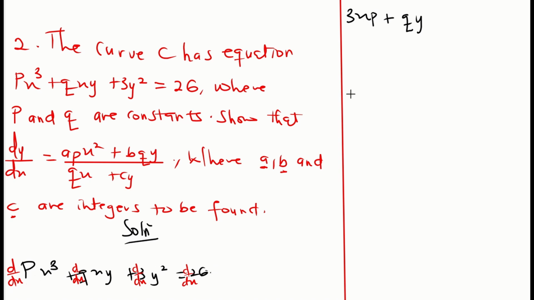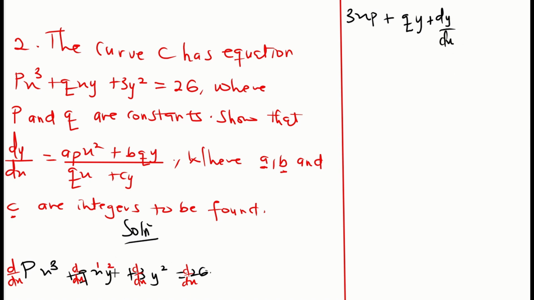Differentiating the first term, we have 3xp. Differentiating the second term, we are going to use the product rule, where 1 is qx and 2 is y. I now have my q, the derivative of the first part qx, which is q multiplying my y, and I'm going to add to that the derivative of the y, which is dy/dx,